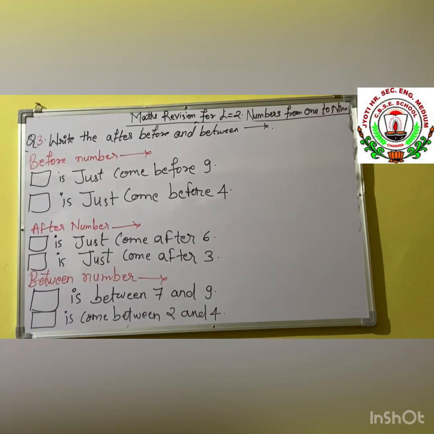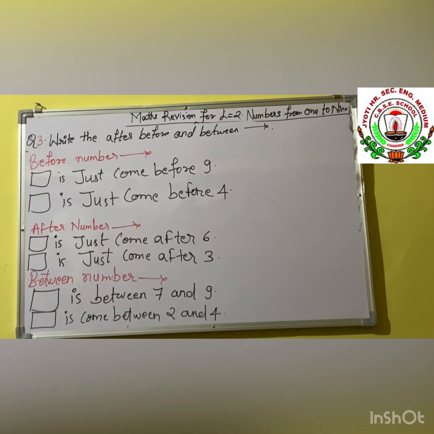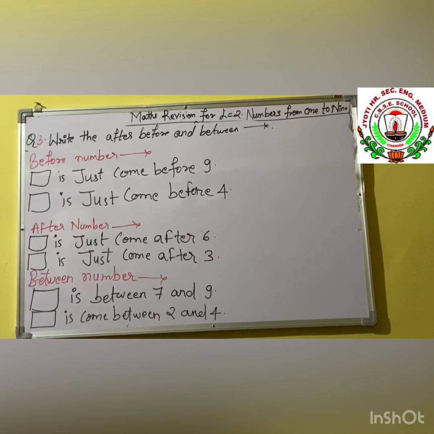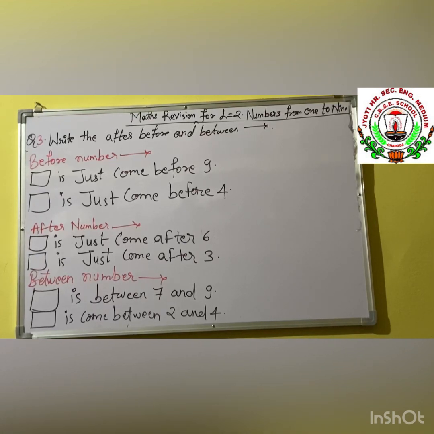This spelling is given over here. So now you all learned in your previous classes about before number, after number and between number, students. I hope you all understand that. But once again I am going to explain to you that before number just comes before. That means in your left hand the number which comes first is called before number. In your right hand the number which comes is called after number, and the number in the center is called between.